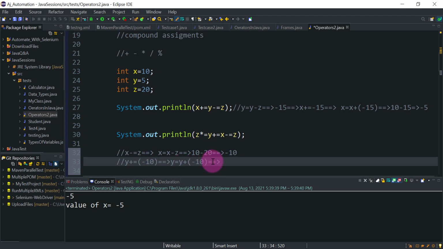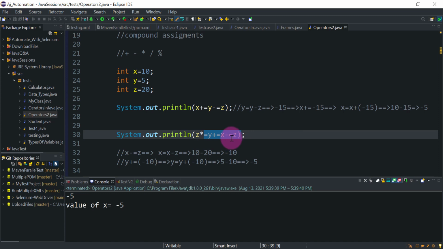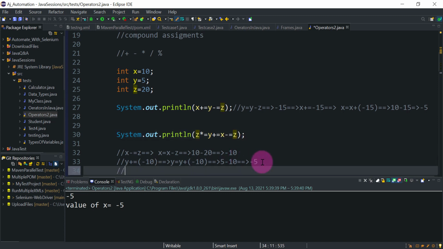The value of y is 5 and this will become minus 10. So here we will get minus 5. Okay, so we are here now, right? So z multiplication equal to the value of the expression, which is minus 5.